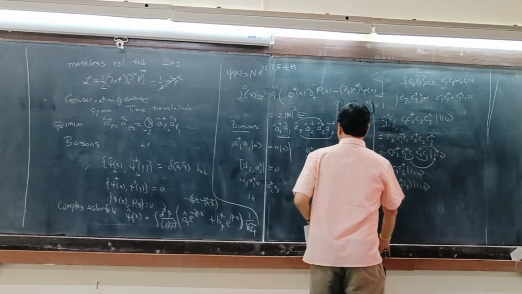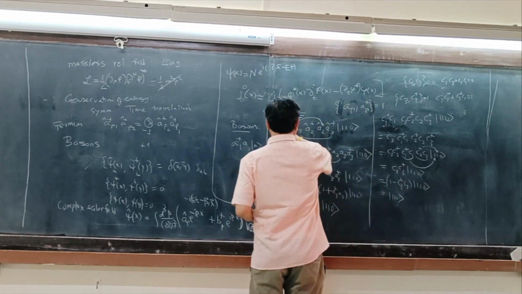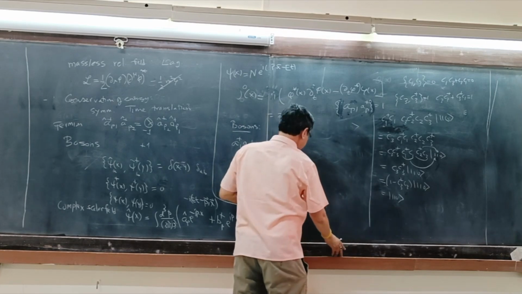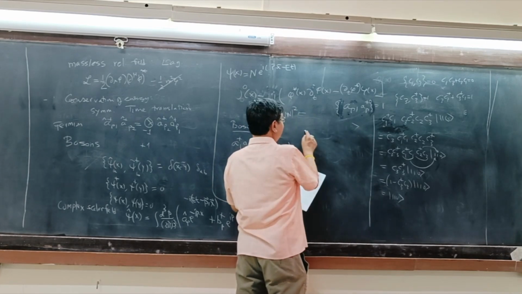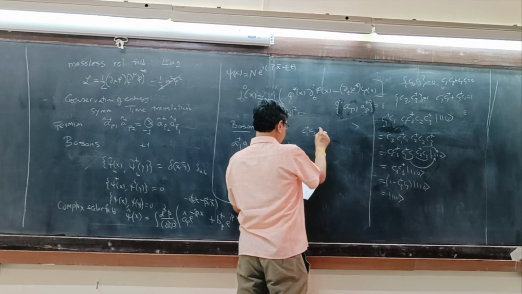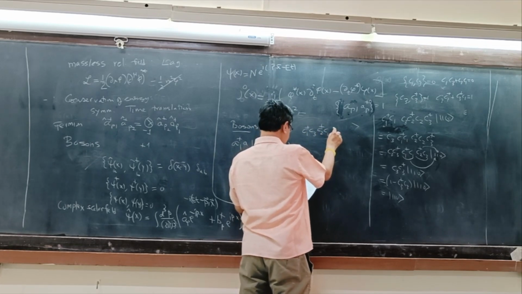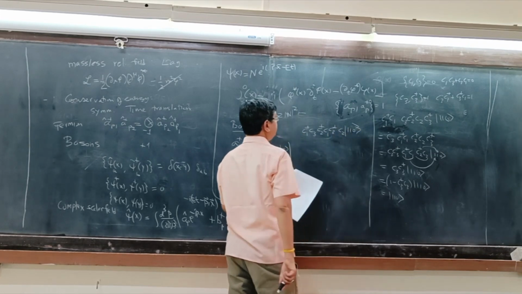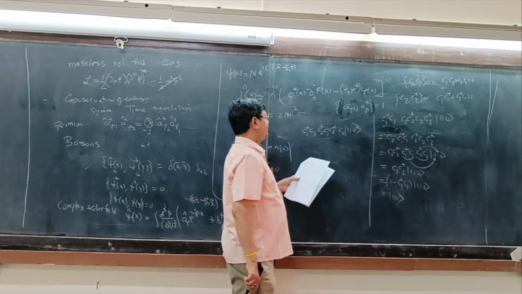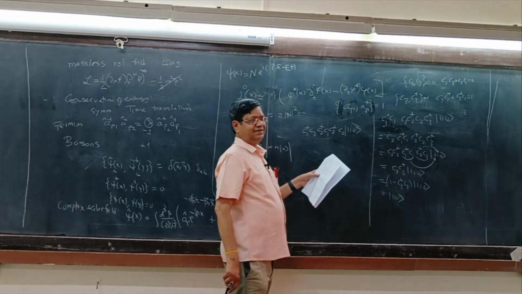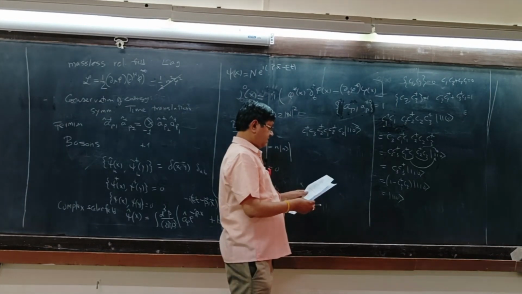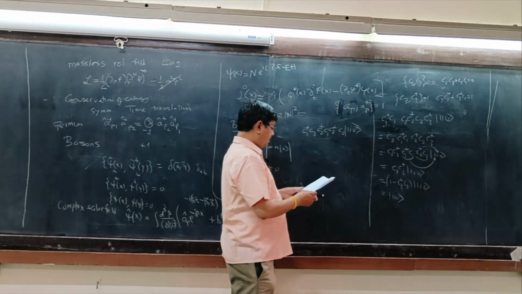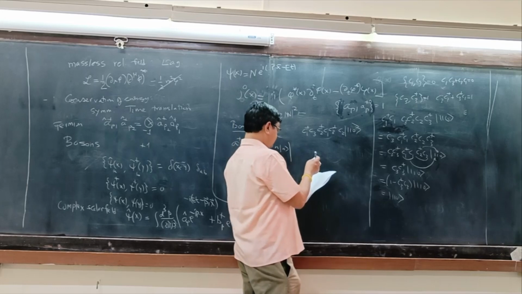Now the next problem is something very similar. This one is, in fact, from the book. C1 dagger, C3, C2 dagger, C1, C3 dagger, C2, 1, 1. Okay, so we can apply very similar ideas, but here, in the last step, there is a sign change. Okay, if you want, I can do it in steps.